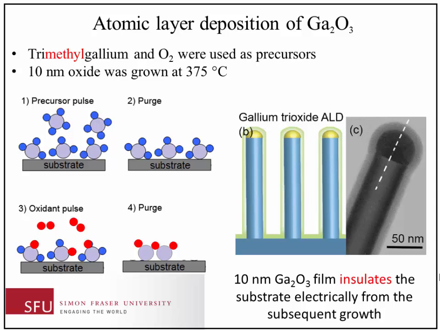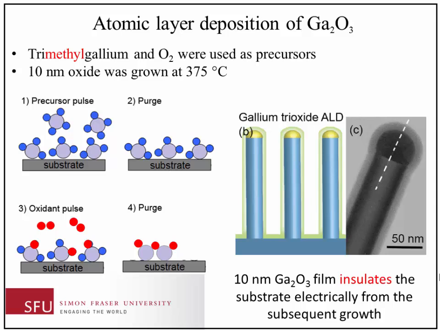Here is the transmission electron microscope image of the nanowire. You can see a conformal layer of oxide covered the entire surface. And the next step is very interesting. Upon annealing the nanowire in the MOCVD reactor at an elevated temperature, the gold dissolves gallium oxide, and basically